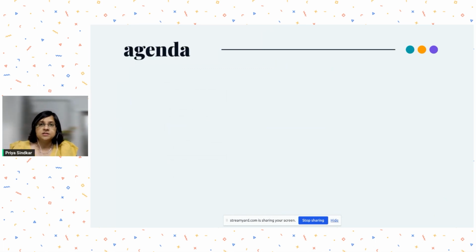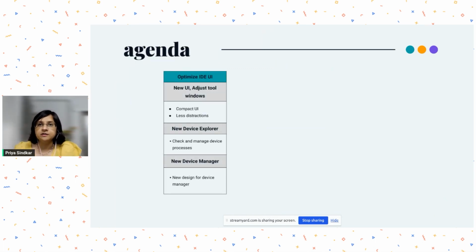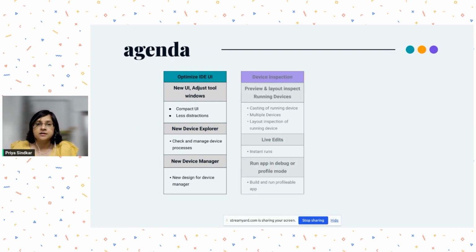So, the agenda today would be divided into three parts. The first one would be how the studio UI is enhanced to a new look. I'm sure everyone must have gone through the new UI at least once, but I'll be talking about what else you can do with the new UI, like what is new with the device explorer, what is new with the device manager. Next, I'll be talking about how you can inspect your layouts, composables, especially